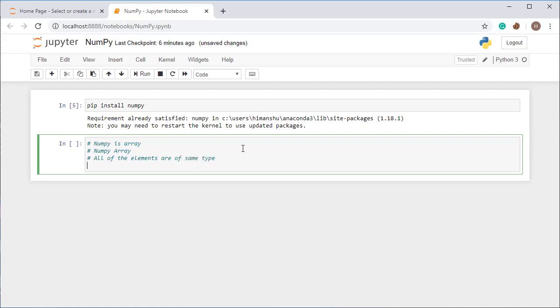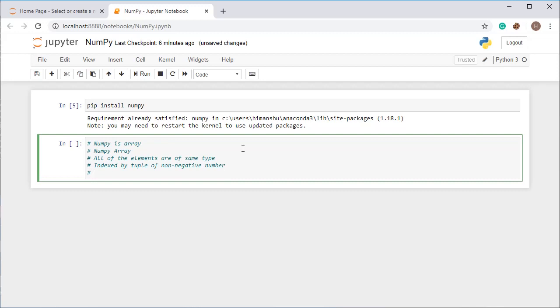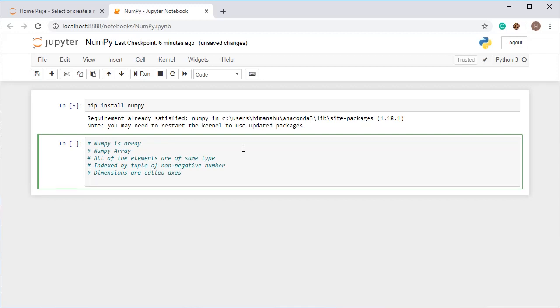The first characteristic of a NumPy array is that all of the elements are of the same type, and the second one is that it is indexed by a tuple of non-negative numbers, and the third one is that dimensions are also called axes. Dimensions are called axes.